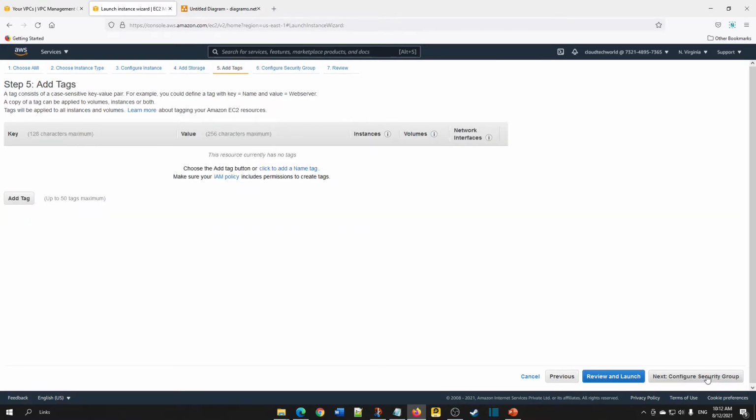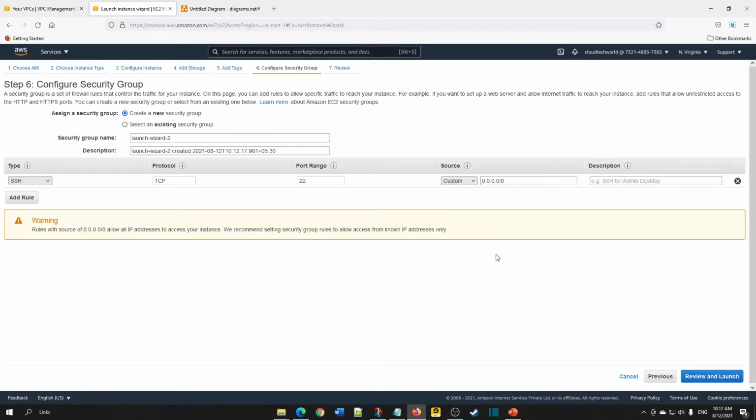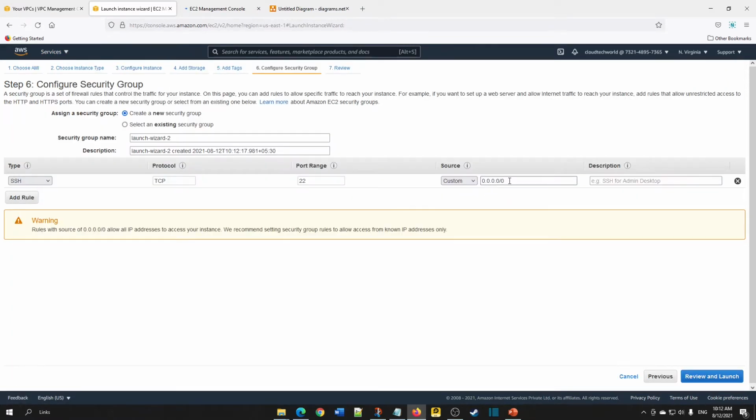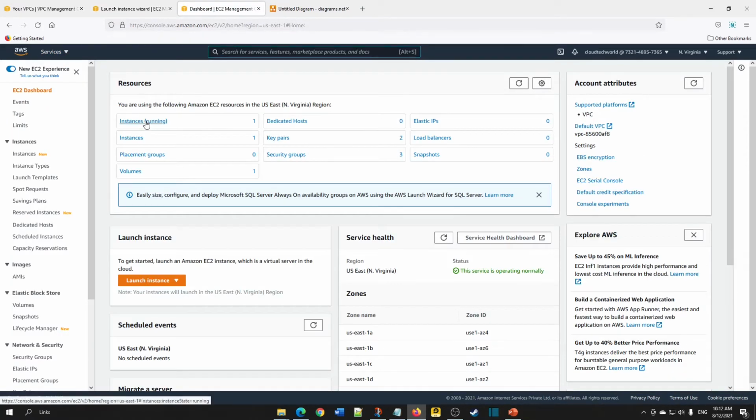Click next on add tags. Click on security group. So for this Linux instance, we are going to connect from our Windows instance. Make sure we are choosing the correct IP for that. We don't need to allow it to the internet.